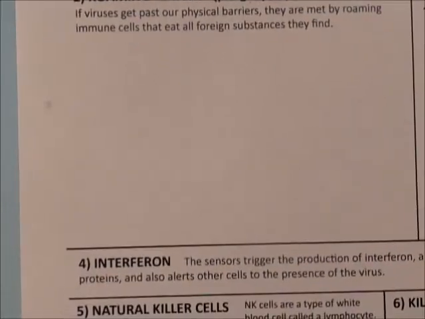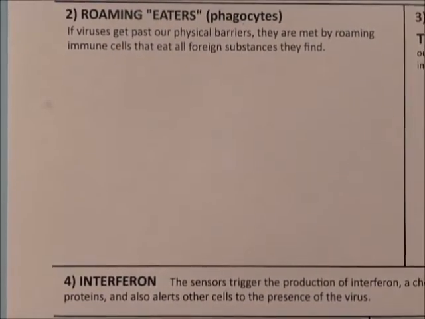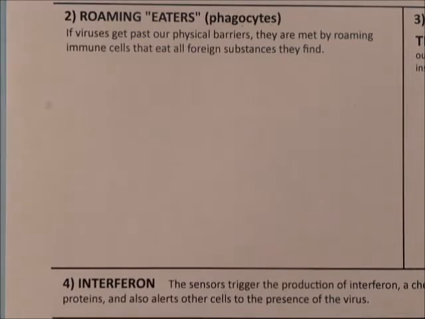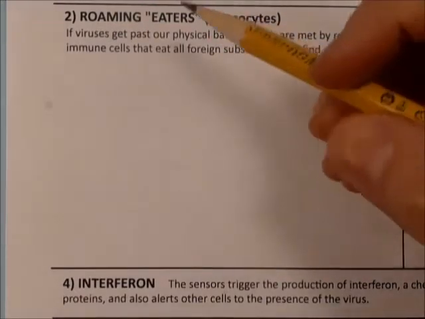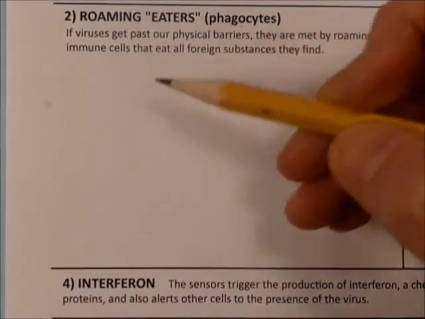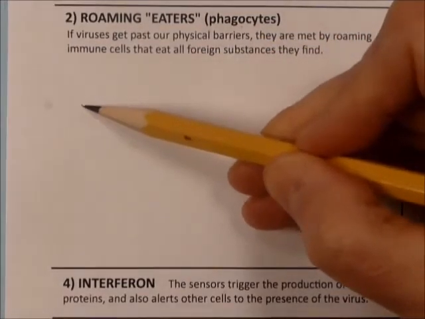Now they have really blobby shapes, so you don't have to worry about making your shape look just like mine, because their shape changes. They're kind of like an amoeba, if you've ever studied protozoa. They kind of ooze around and their shape can change a bit. So we're going to draw two cells, one here and one here, just so you can leave space for the other one here. And this one's just going to be kind of